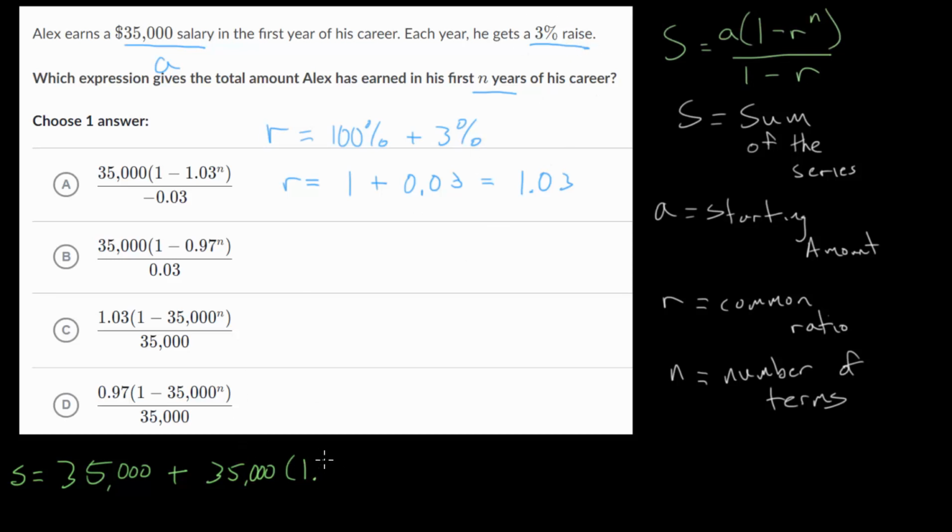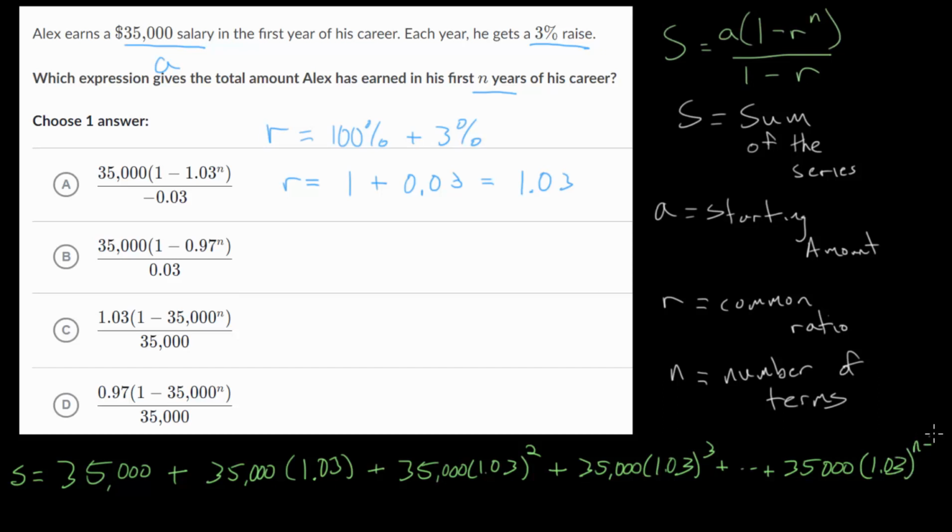So he's going to multiply that by 1.03, and for the third year, he'll have the amount that he made the year before, that 35,000 multiplied by 1.03. But again, he's going to get a 3% raise. So we're going to multiply this again by 1.03, or now it's squared. Of course, we would keep going. The next one would be 35,000 multiplied by 1.03 to the third power, and so on, all the way up to the nth year. And that term will look like 35,000 multiplied by 1.03 raised to the n minus 1